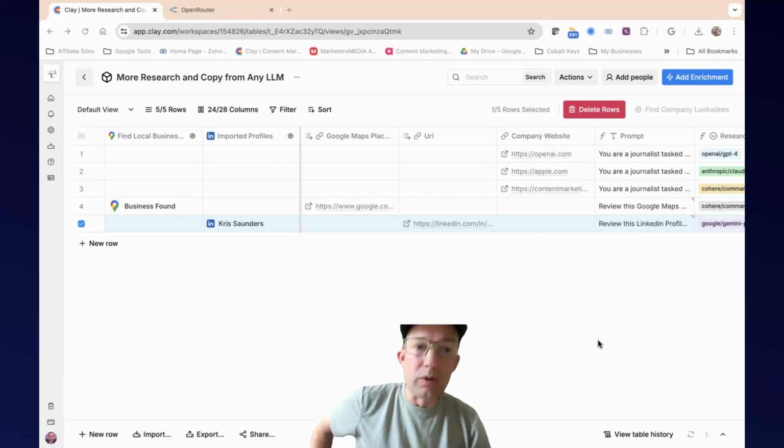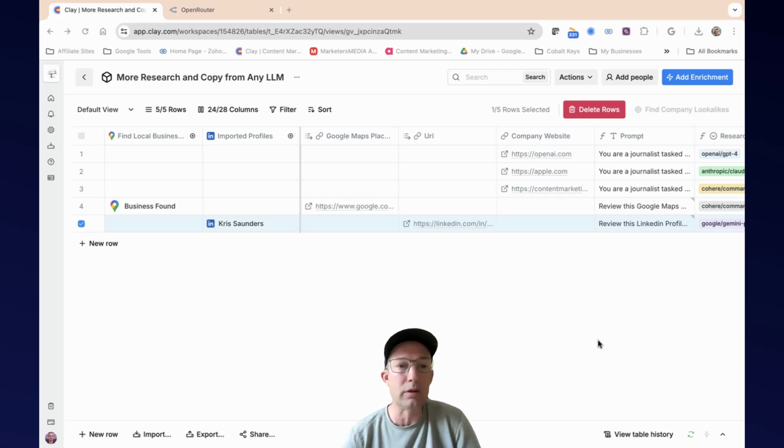Last week we released the ability to create research and copy from any large language model. And we're doing that through a tool called OpenRouter, which gives us access to a bunch of different models that we've created here in a custom list. But we wanted to be able to bring in some of the great functionality of Clay to then call, for example, Google Business Profile or a LinkedIn profile through any model that we can access